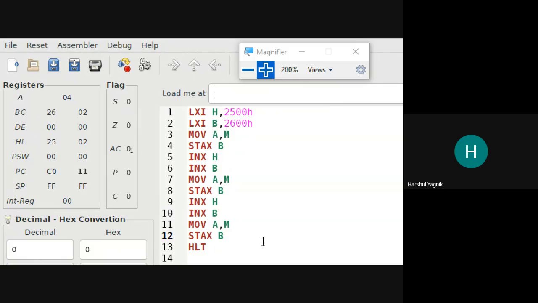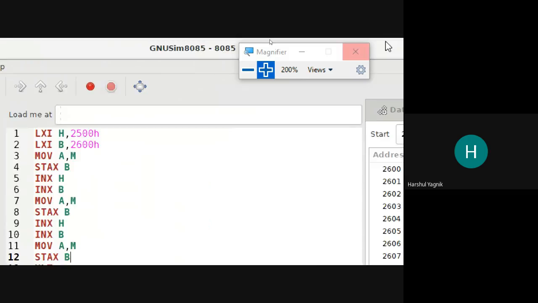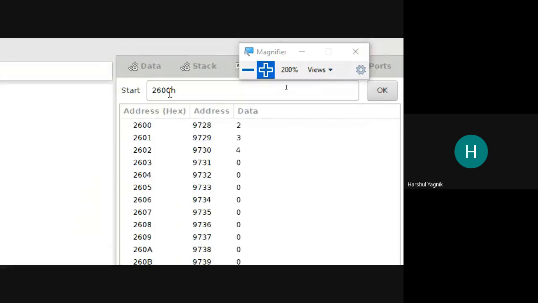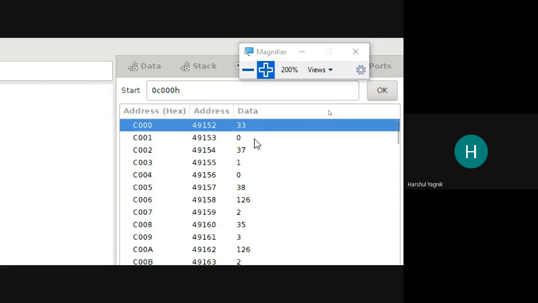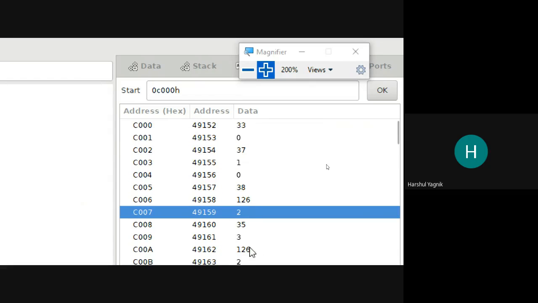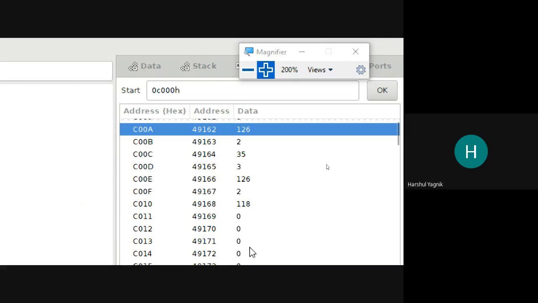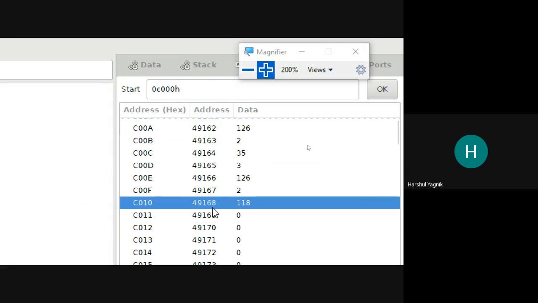Any questions in this? Here remember that our program is at this memory location. This is our program machine code. C000H, this has gone up to C010.